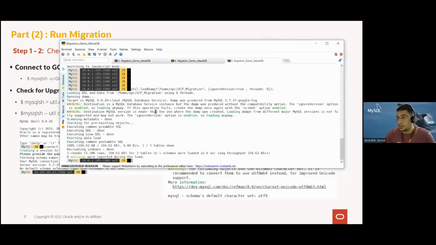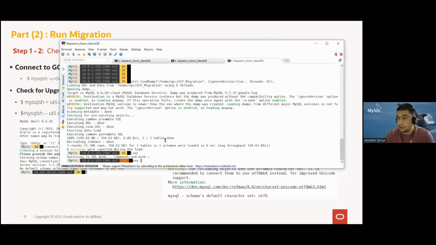In this case, you can see the most important option is ignore version, because the dump was produced from an older version, which is the Google Cloud version. And the ignore version option is just to enable loading the data. How to verify? Use MySQL